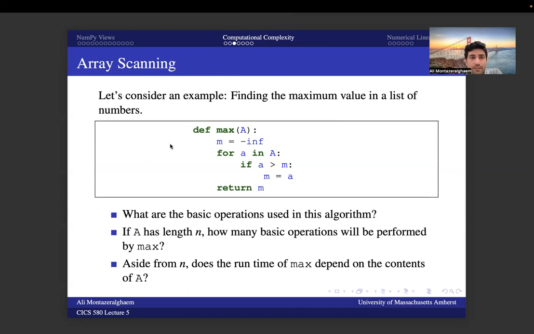This is the array scanning, and then we want to find the maximum value that we have in the list of numbers. So we have a list of numbers, for example, the grades of students, and we want to find the maximum value in the list. So we define a function here, which we call max, passing the list, and then we assign a variable to minus infinity,